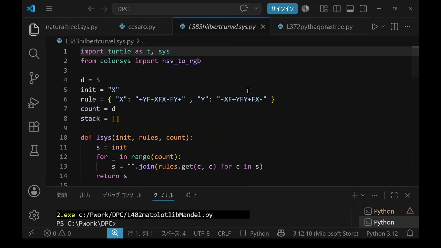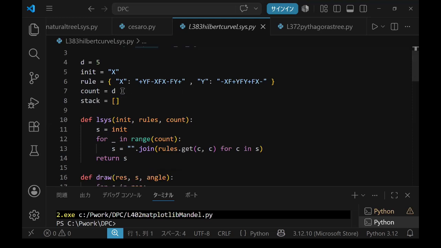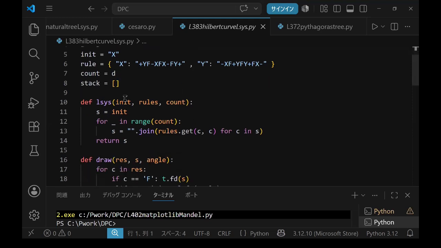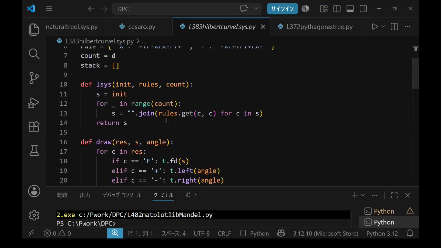In here, this is the starting symbol, X, and there are two grammatical rules. X will be extended as this, and Y will be extended as this. So there are only two grammatical extension rules, translation rules. And this will be done D times using these very simple